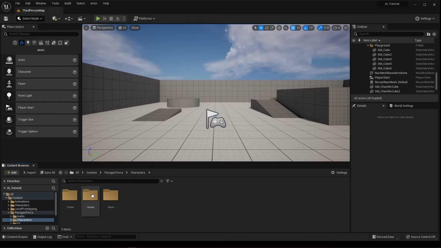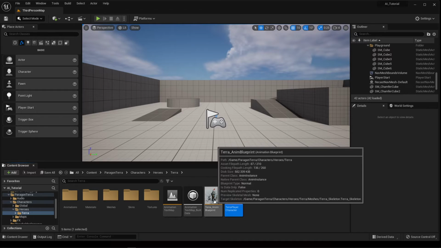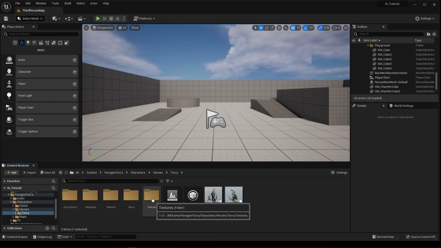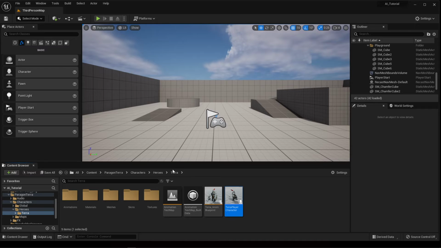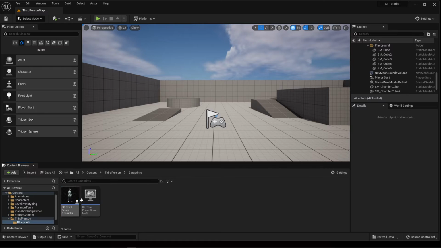You can then double click in characters and then double click in heroes and in Terra. And these are going to be the character and the animation blueprint. And there will be probably a host of skins and a bunch of textures associated with it. So what we want to do is we want to edit our character to be this character, and the way that I'm going to do that is I'm going to close down all of these folders,